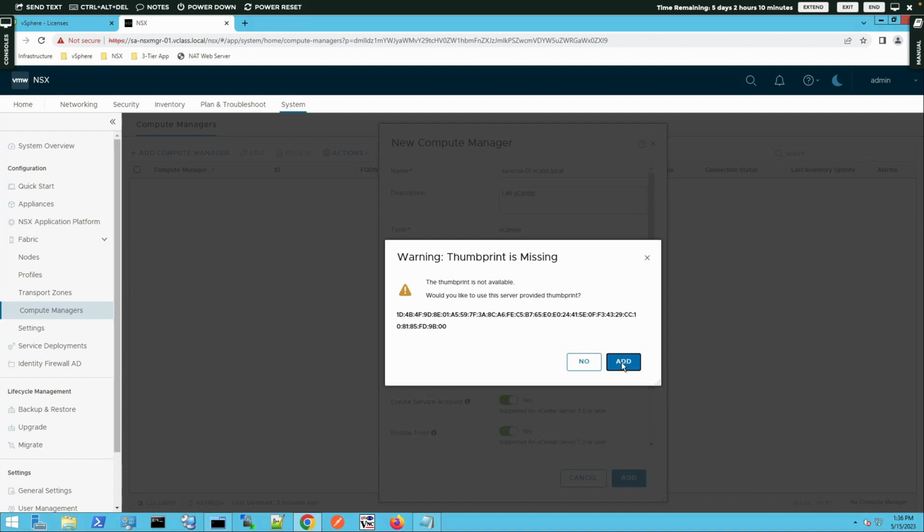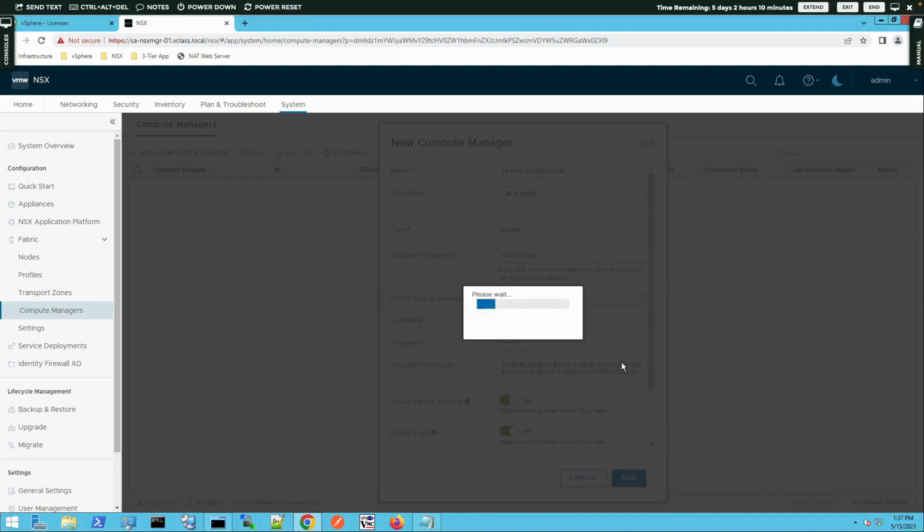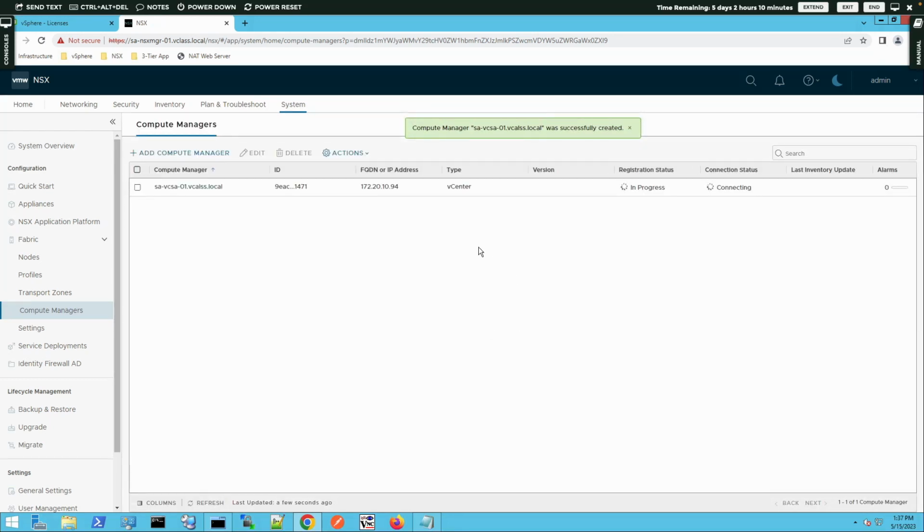We get this warning here that says, well, we don't have a thumbprint. This is what we discovered connecting to that IP address. Is that what you want to use? Yes. In this case, we want to go ahead and click add. We're going to get our please wait while it caches that thumbprint. And there we go. Now we can see we've got our compute manager,